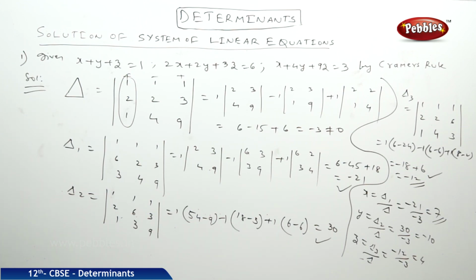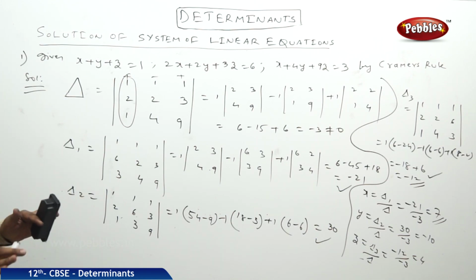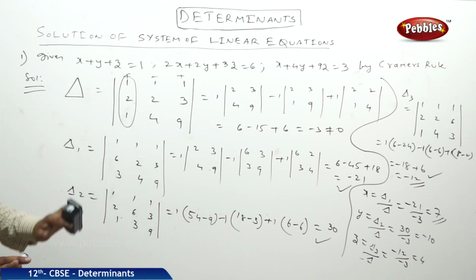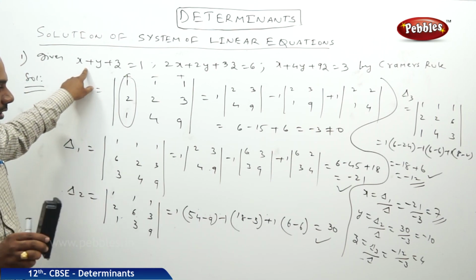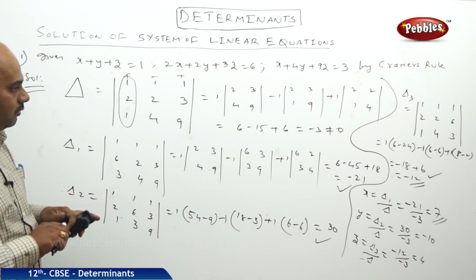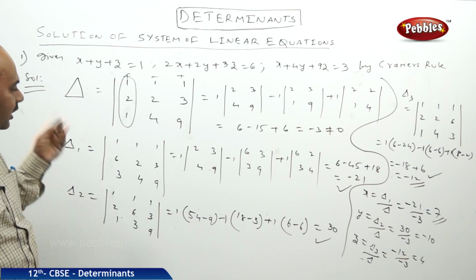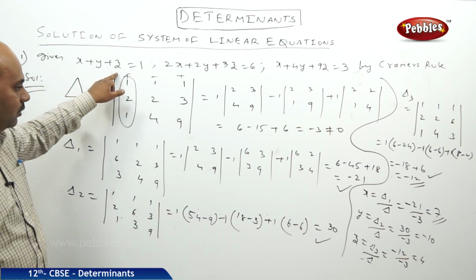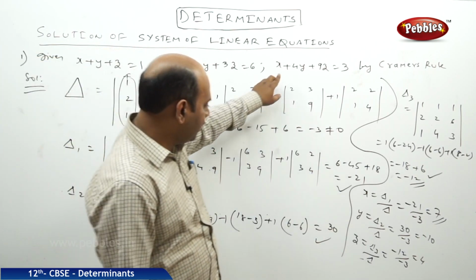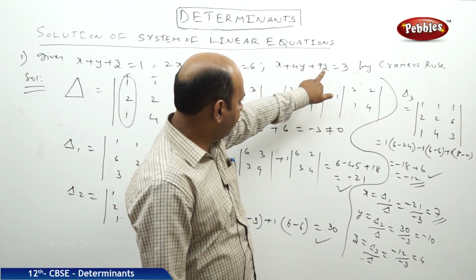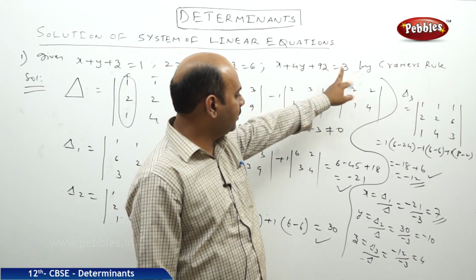You might sometimes doubt whether our answer is right or wrong. So we need to substitute in the given equations and we can verify. In the first equation, substituting 7 in place of x, 4 in place of z, and minus 10 in place of y: 7 plus 4 is 11, 11 minus 10 is 1. It is getting satisfied. I am very happy. And here 7 plus 36 is 43, 43 minus 40 is 3.